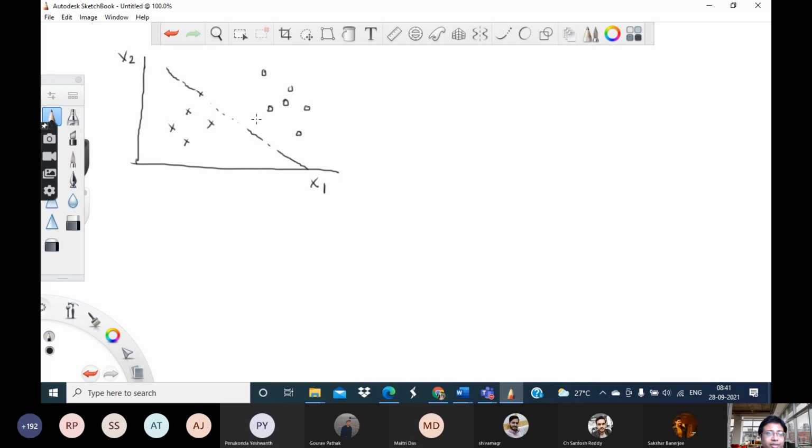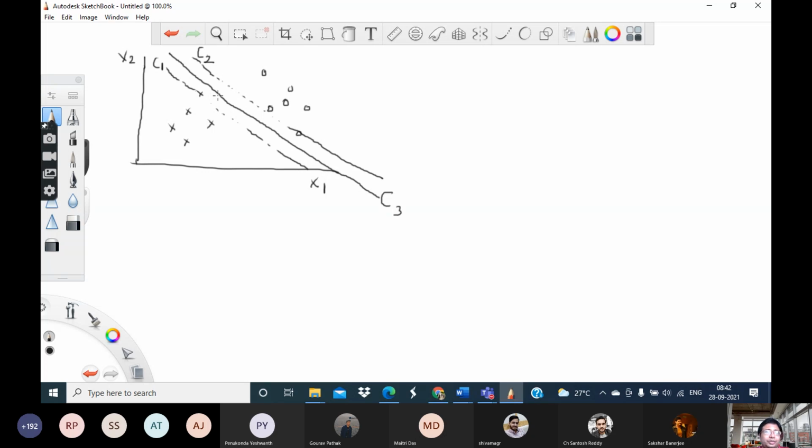So basically it's saying, let us consider two things. Okay, let's consider this one. As you can see, this line which I am calling C1 and this line which I am calling C2, both of these are marginal classifiers: C1 of the cross class, C2 of the circle class. Now let me draw the line which lies exactly in between them. Let's call this C3.